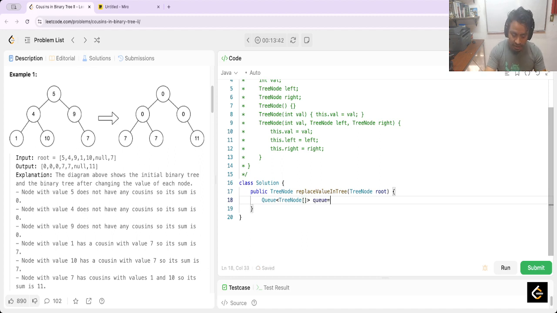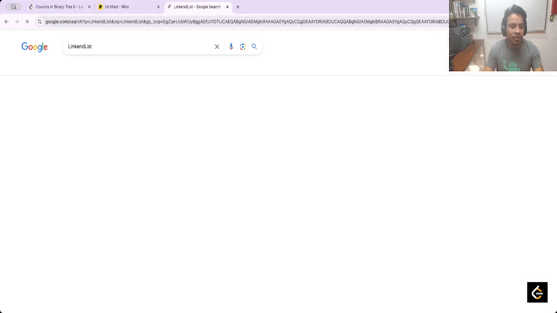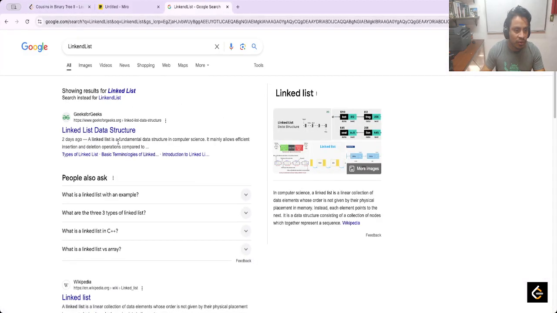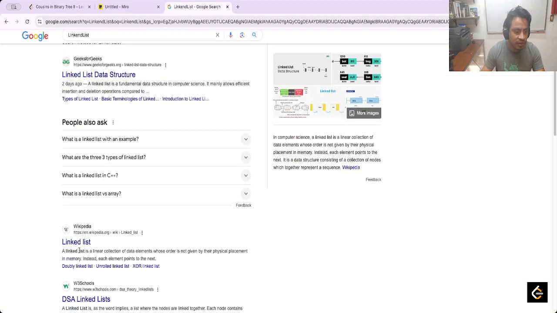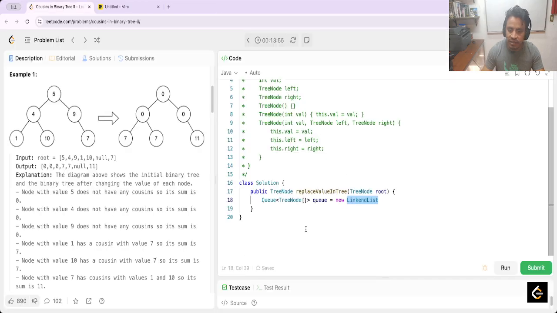Q is equal to new linked list. I always write this word wrong. Linked list. I am thinking of LinkedIn. Linked list. Okay, and now the next is q.add